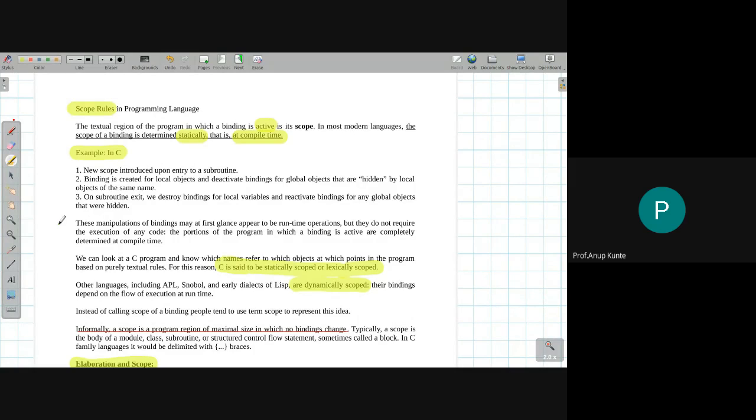So scope rules in a programming language decide whether the binding is active or not. Okay, the example in C: a new scope is introduced upon entry. So how do scope rules work in C? These are the three scope rules generally followed by the C programming language, as far as the scope of definition of objects is concerned. So whenever you enter a subroutine, a new scope is introduced upon entry to a subroutine. Now what is